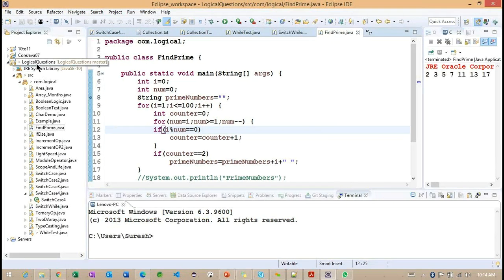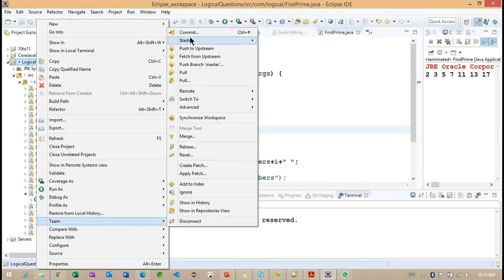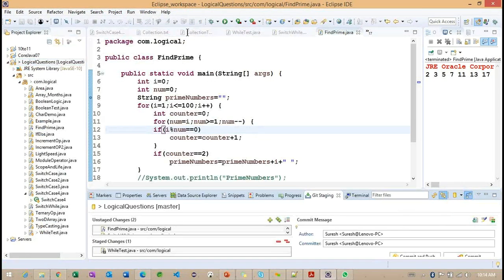I will try to commit these changes also. Let me commit these changes.